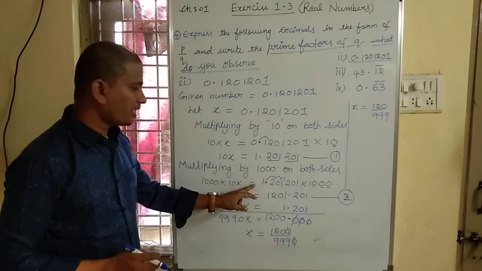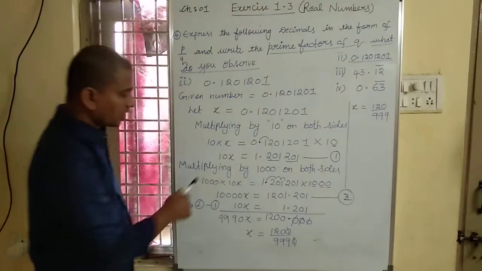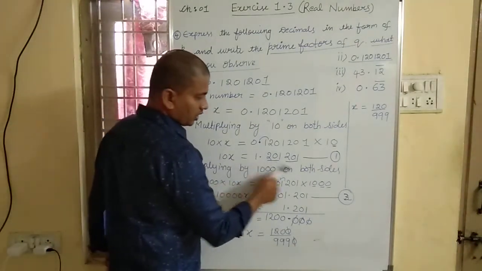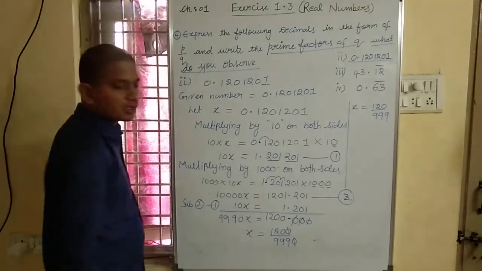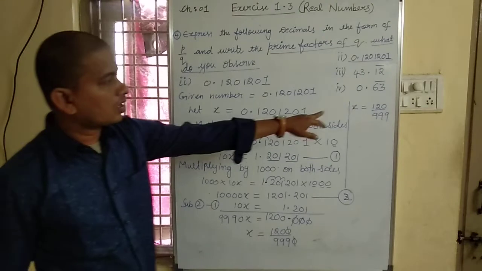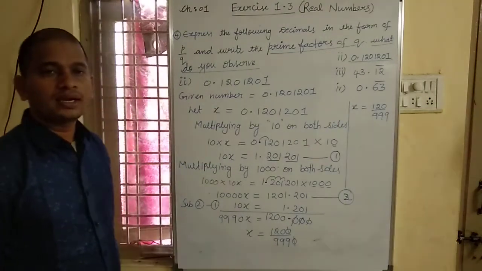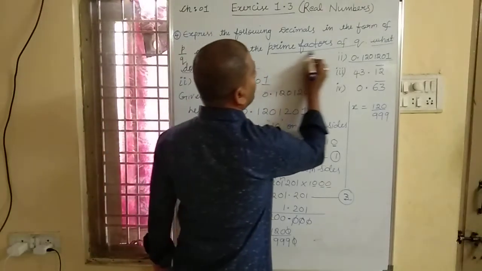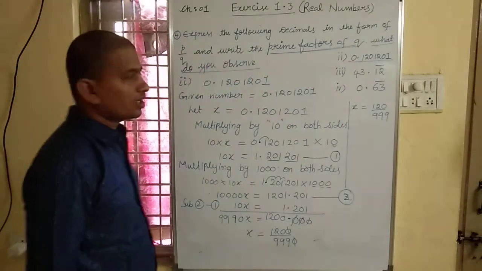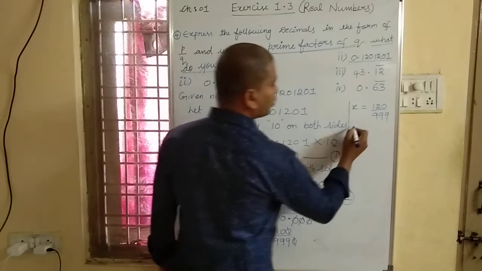We have to multiply by 1000. So 1000 into 10x, that is 10,000x, is equal to, after calculation, x is equal to 120 by 999. Also, we have to write the prime factors of q. What are the prime factors of q? Here our q is